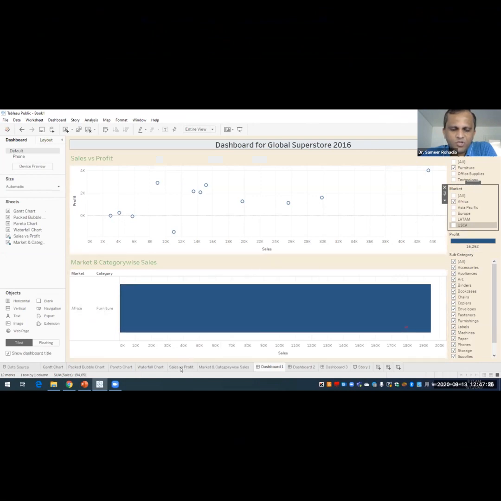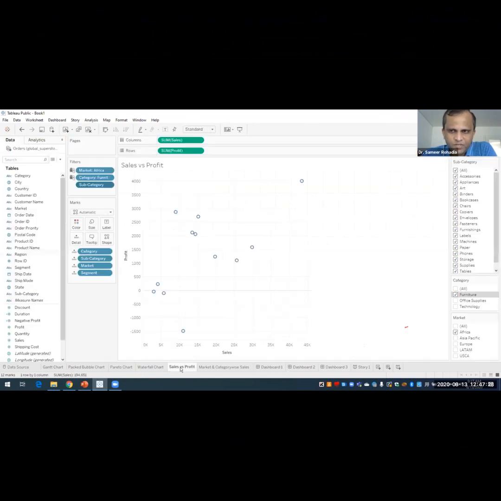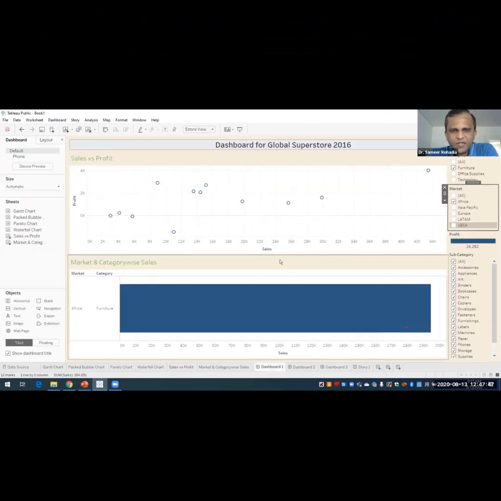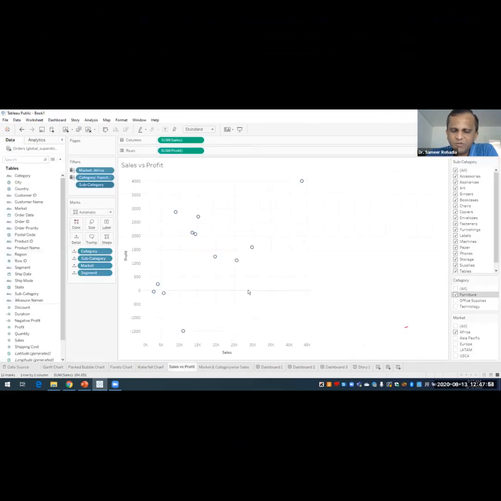Now, if I go to those individual sheets, here in this first sheet, sales versus profit, again, it is showing me the same thing, furniture in the category and Africa in the market area. So that is what I told you earlier, that whenever we do any changes in the individual sheets, that gets reflected in the dashboard, and whatever changes we do in the dashboard, that gets reflected in the individual sheets.